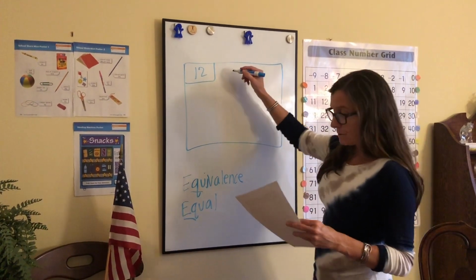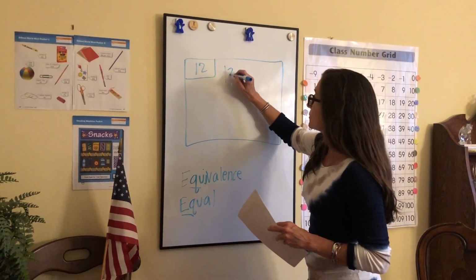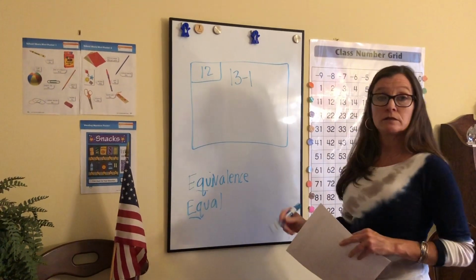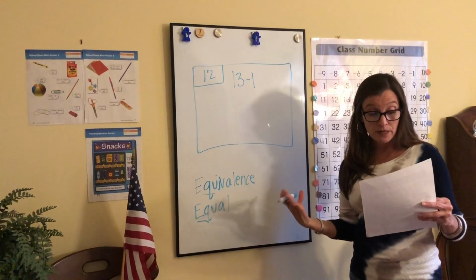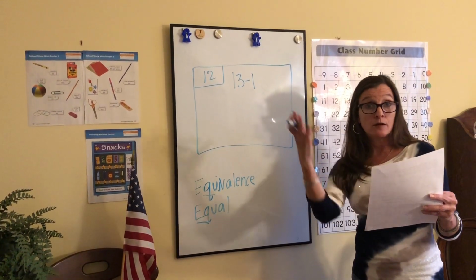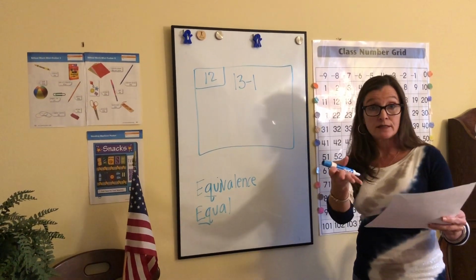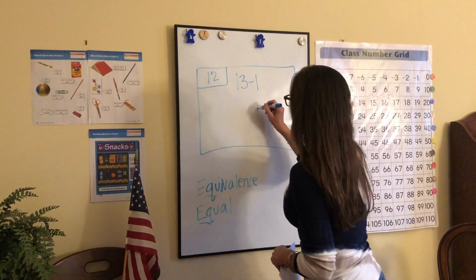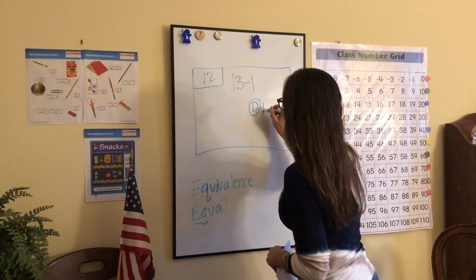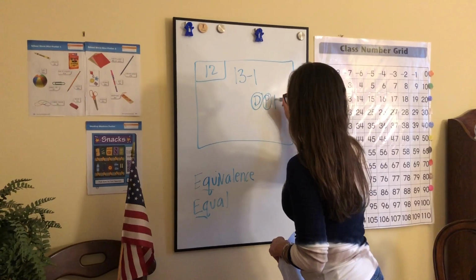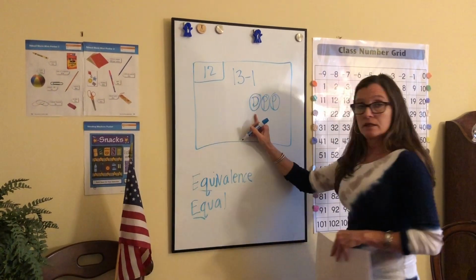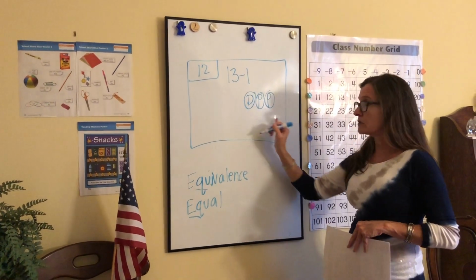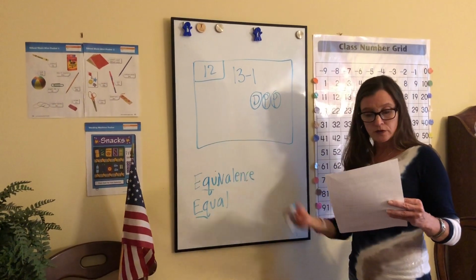So we could start off by saying 13 minus 1 is a way to name 12, right? You might be thinking yourself right now, I have an idea, Ms. Shimbab, and you can write that down on your paper. You could use coins. You have a dime, a penny, and a penny. That's 10, 11, 12. Always try to use the least number of coins because that's less work on you to